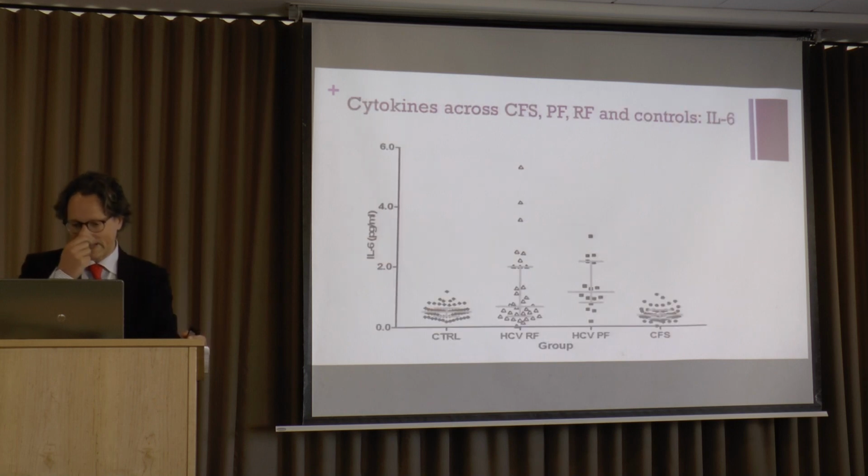I want to show you then this slide. This is the direct comparison between the 4 groups that I mentioned. So the control, from the left to right, this is the IL-6 level: controls, the resolved fatigue. So these are the patients that have experienced interferon alpha and now, 6 months later, are no longer fatigued. The persistent fatigue, so these are the patients that have taken interferon alpha and are now still fatigued, and patients with chronic fatigue syndrome. And as you can see, paradoxically, the control and the chronic fatigue syndrome patients have indistinguishable